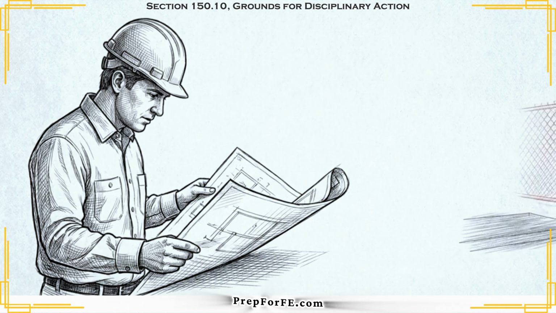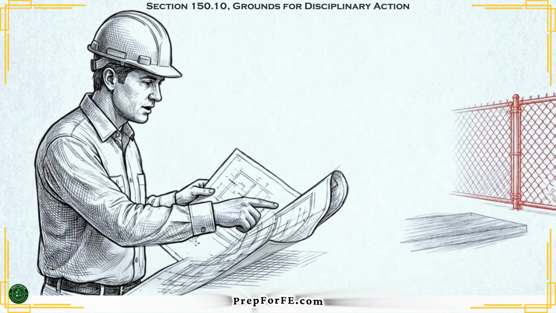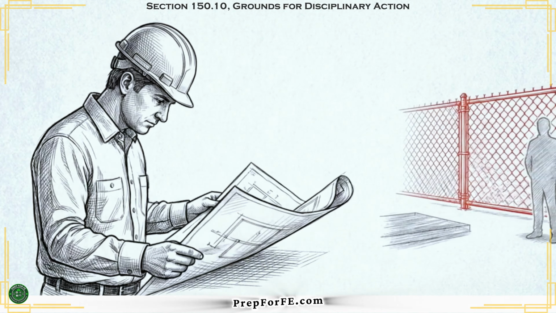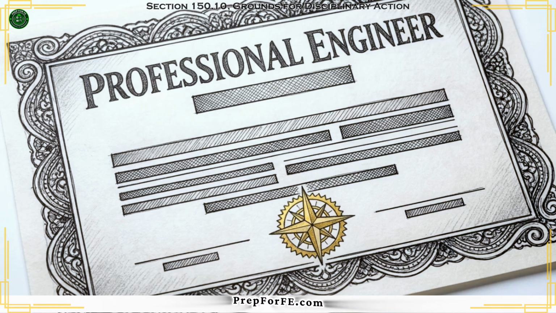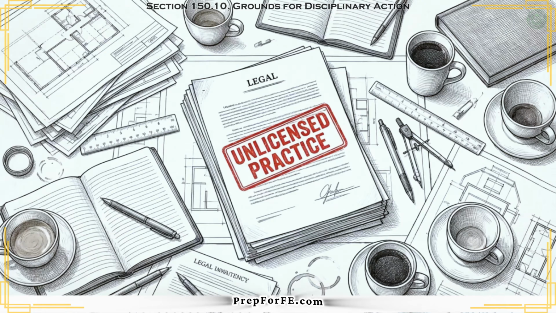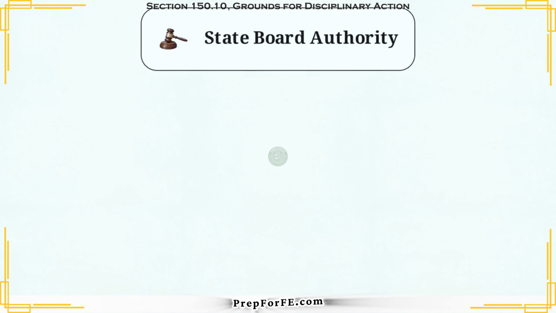A central challenge in professional ethics is distinguishing between the rules governing those recognized by the profession and those operating outside of it. Section 150.10 provides the regulatory framework that strictly governs individuals who already hold an engineering license or an intern certification. Section 150.30 functions as a separate regulatory framework, governing individuals who exist entirely outside the licensing system. This division creates a matrix of responsibility.